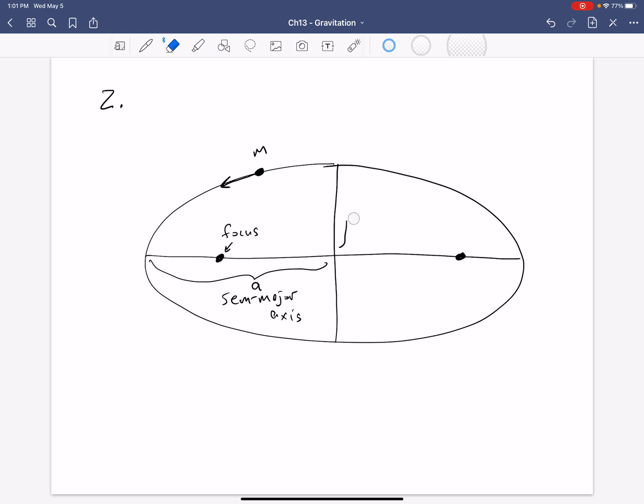Kepler's second law is quite a phenomenal law when you think about it. When you realize what it actually says, what it actually means, it's really fantastic. So what it says is that the planet, for instance,